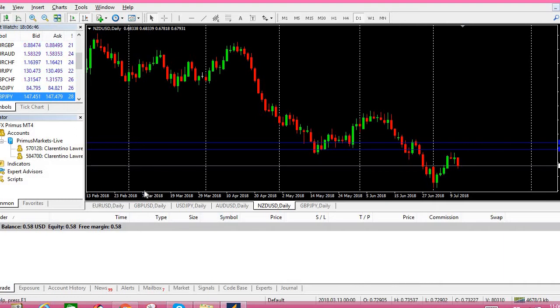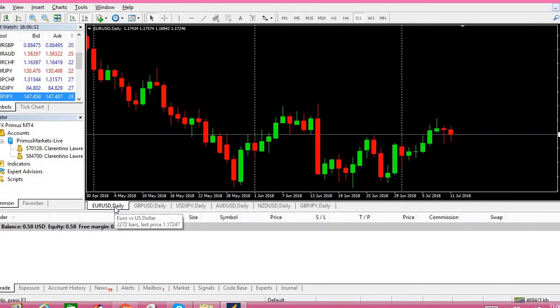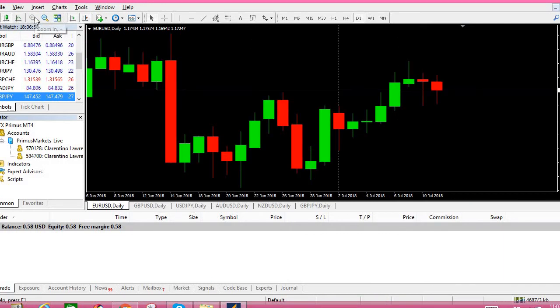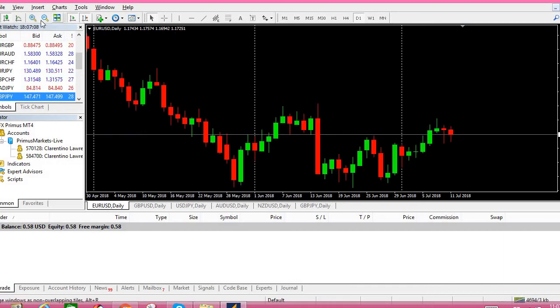Okay, we have a few charts here. Here's the Euro USD daily. It's not showing, so let me zoom. Okay, this is our chart for the Euro USD daily. What does this show? Yep, it doesn't show anything yet. What I can say right now is